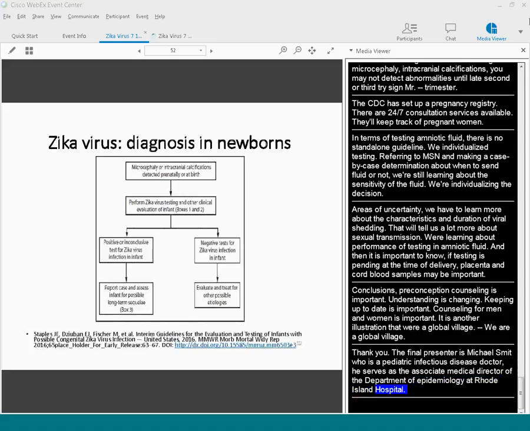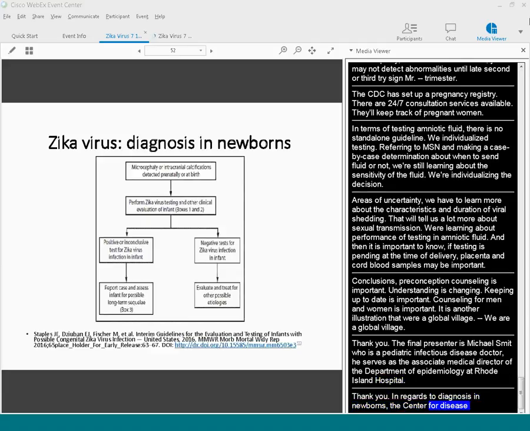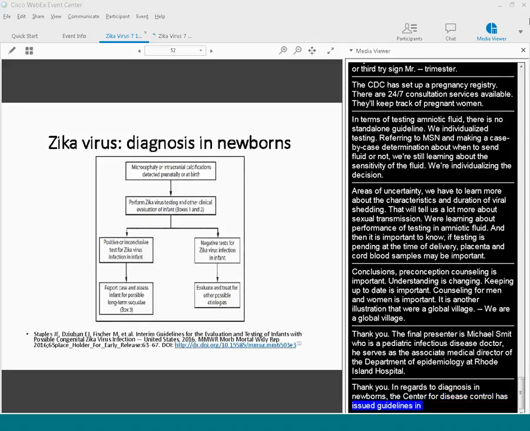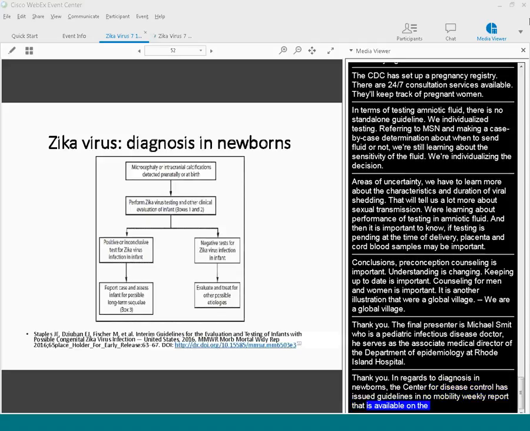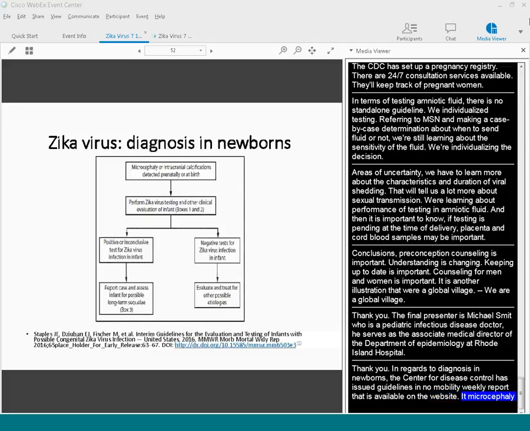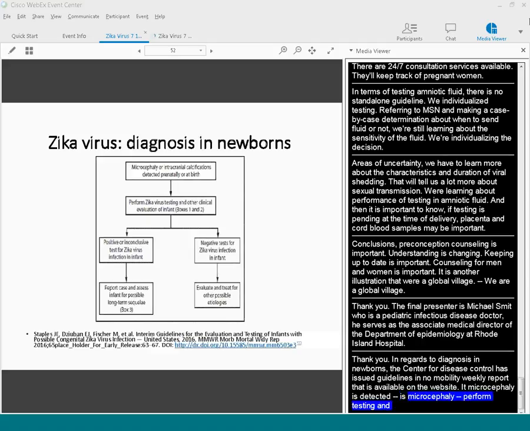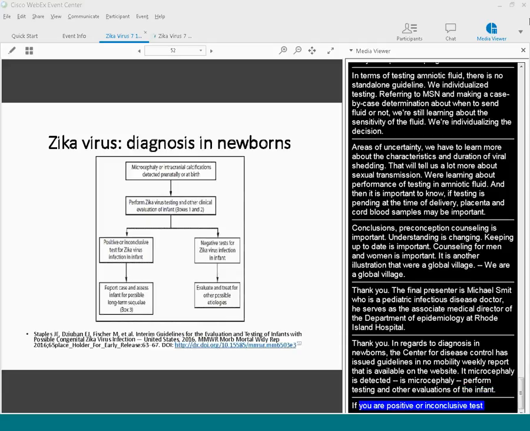In regard to diagnosis of Zika virus in newborns, the Centers for Disease Control has issued guidelines in their Morbidity and Mortality Weekly Report. It's available on their webpage. If microcephaly or intracranial calcifications are detected prenatally or at time of birth, you should perform Zika virus testing and other clinical evaluation of the infant. I'll go into the details of that on a later slide. If you have positive or inconclusive tests for Zika virus infection in the infant, you should report the case to the local health department and